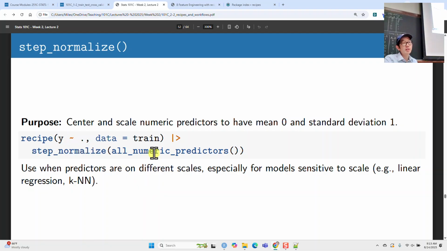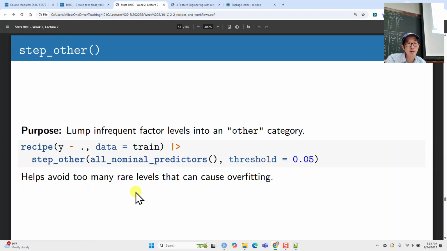Normalize really only makes sense to do on numeric predictors, and you can specify the actual columns that you want, or if you just want to say, hey, do it to all of the numeric predictors, you can just use a selector function, and it will pick all of the numeric predictors, okay? Other is going to lump infrequent factors into the other category, and so we saw an